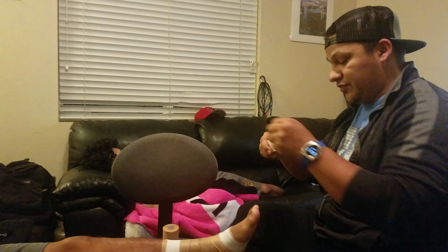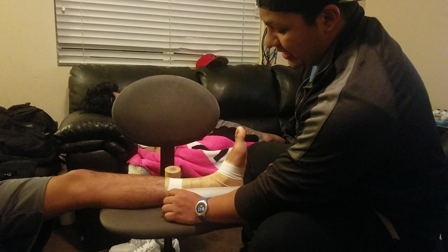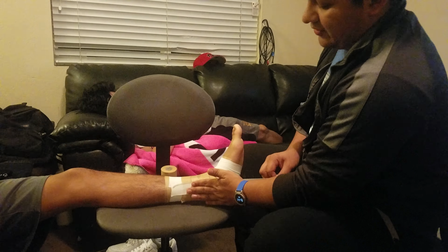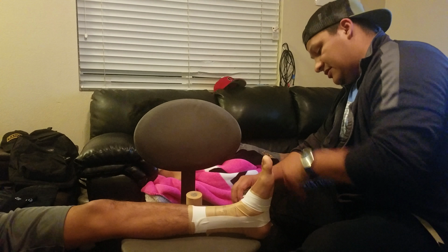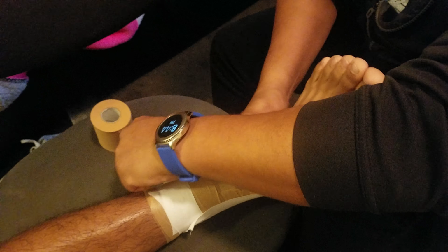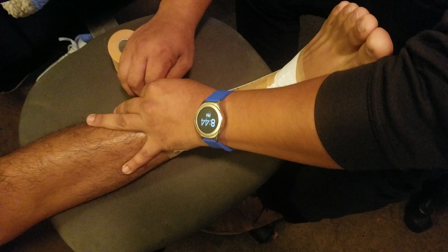So the first thing we're going to do is slightly tricky, because depending on how you do it, the tape can roll up on the ankle, so we want to prevent that. The first thing we're going to do is the medial line going all the way down to his calcaneus, which is right here. Nice good rub onto it, that way it stays in place. And we're going to come all the way around, same side of the line. So I'm rolling. That's when you know you have good quality tape, where you're rolling it and it just sticks very well, just with your own body heat and a little bit of friction where the adhesion kind of sticks onto